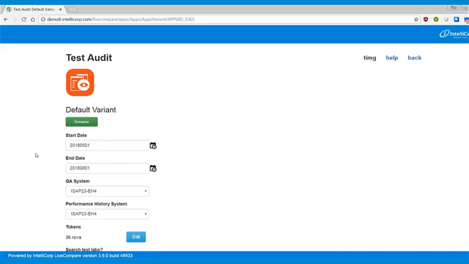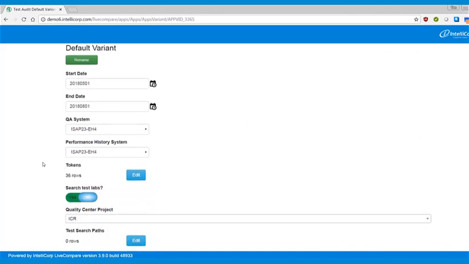The first thing I want to talk about is the tokens parameter. A token is a transaction, an executable program, or a web application that you want to run the test audit against. For this example, I'd like to audit a list of most at-risk executables that were discovered when I ran